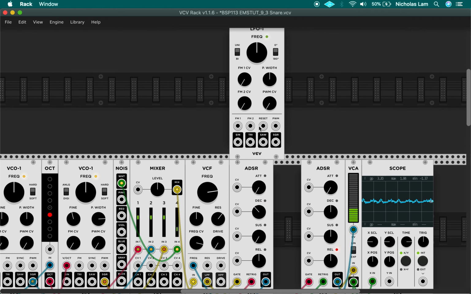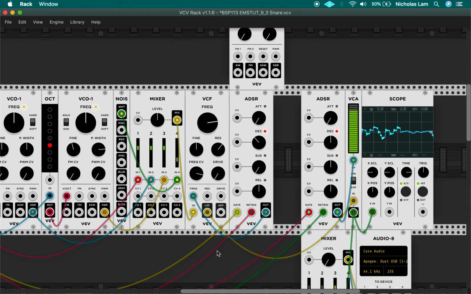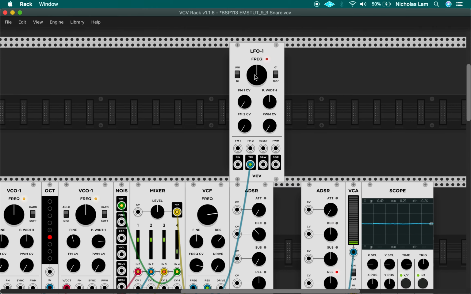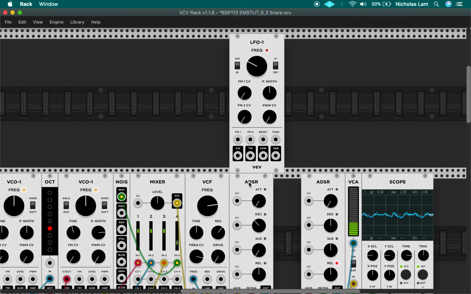I can't remember off the top of my head if the LFO on a Minimoog is a sine or a triangle, but if we take the triangle wave and put it straight into the resonance modulation CV input, let's see how that sounds. So take the triangle of the LFO straight into the resonance of the filter and turn down the frequency on this LFO. Notice the resonance spends a lot of time being quite high. It's kind of too much effect. So to tame that,